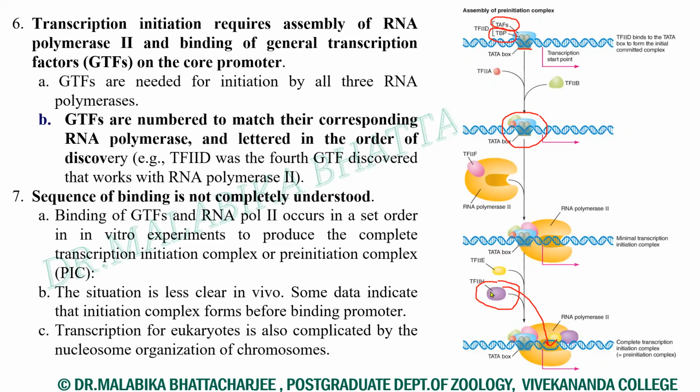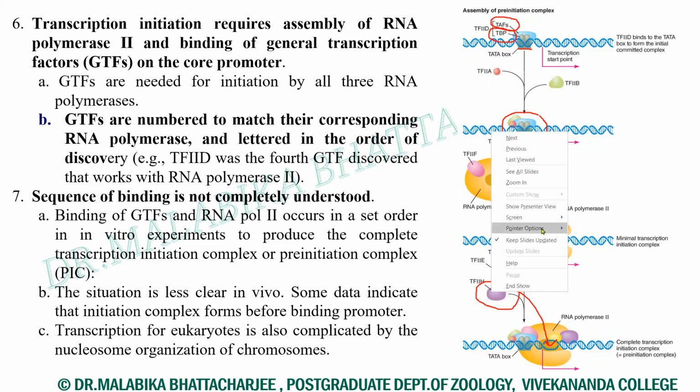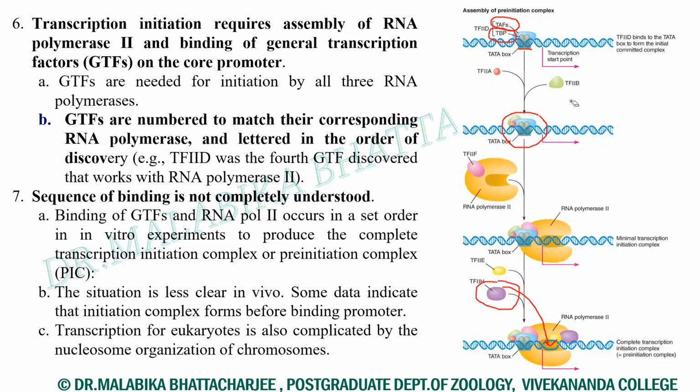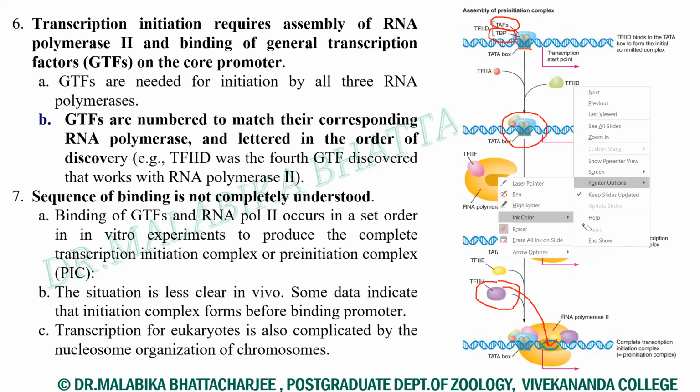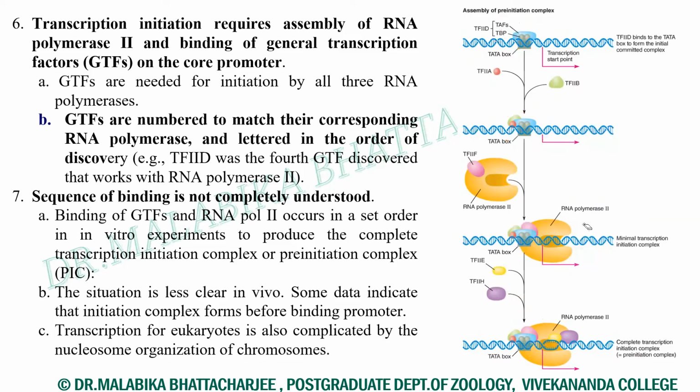So to summarize what we did in today's class, what did we see? We saw that there are two categories of promoters, the core promoters and the proximal promoters. The core promoter has two important sequences. One is the TATA sequence and the other one was the +1 sequence. So these were the two important sequences. The TATA box is situated at the -30 region in the case of eukaryotic